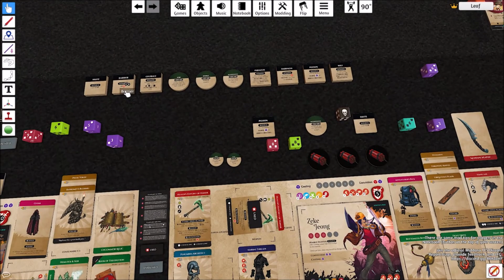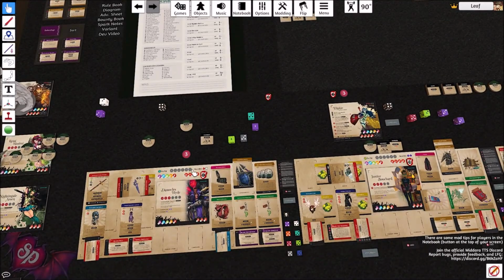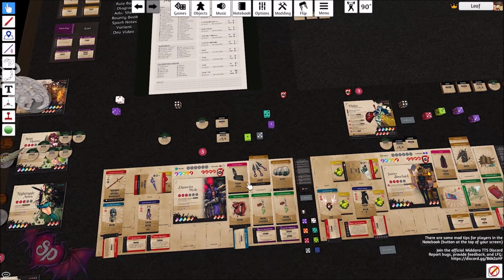So I want to go ahead and give Barrier to Zeke. And I'll give Barrier to Damocles here. So yeah, the reason why is because when an ally is defeated, an ally with an SOI, including themselves, can gain a buff of your choice, essentially. So I apologize for that. Anyway, so this is bare minimum. I'm going to go ahead and